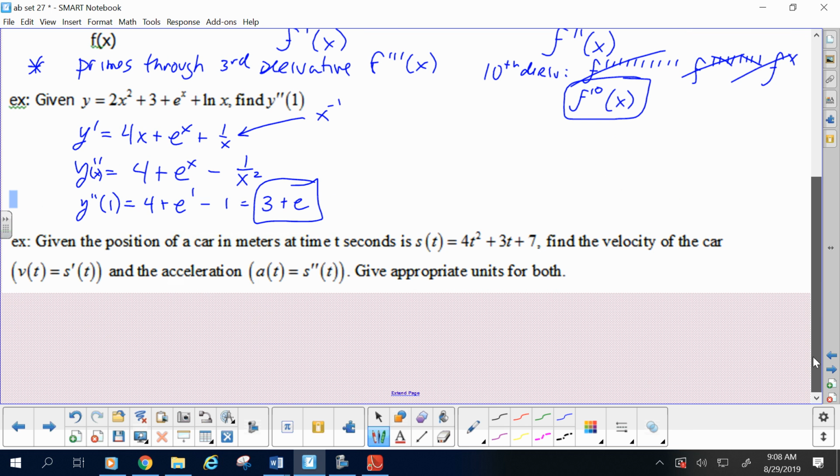All right. Let's just do it together in order to get through it sometime. Given the position is this, S represents where it is on a number line in one dimension, and T is the time, meters and seconds. Cool. Find V. Now this is important that you label. Velocity is the derivative of position. And the derivative of that position function is